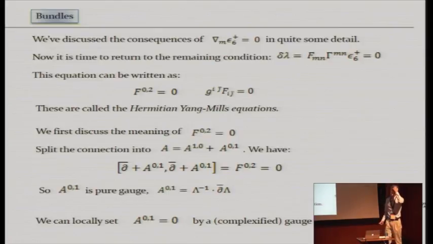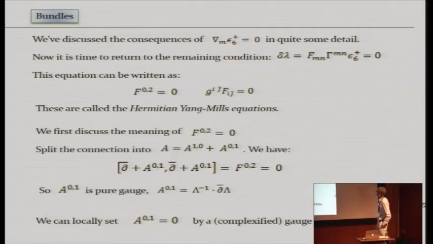Now we're going to have to move on to bundles. So we've discussed the metric, and we just had a very quick discussion of the B-field. But remember, when we were looking for unbroken supersymmetry transformations, we had an additional equation which I told you about, which is that the variation of the gaugino, which is Fmn contracted with gamma mn acting on epsilon 6, has to vanish. So we've discussed the other condition, but now we've got to talk about this one.